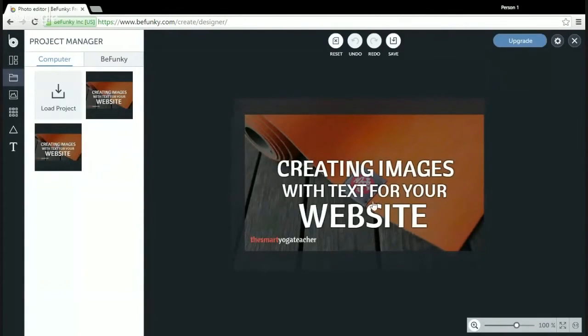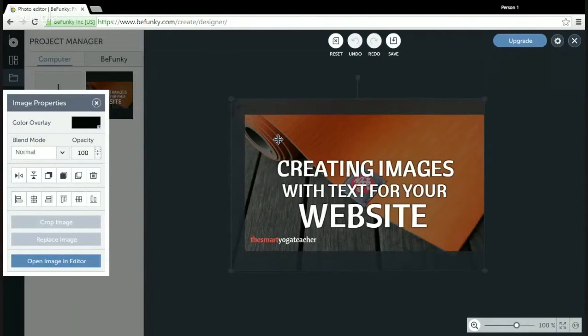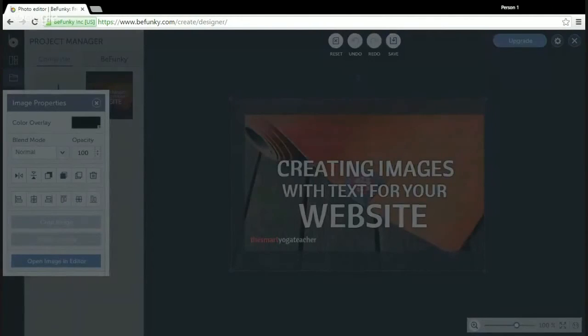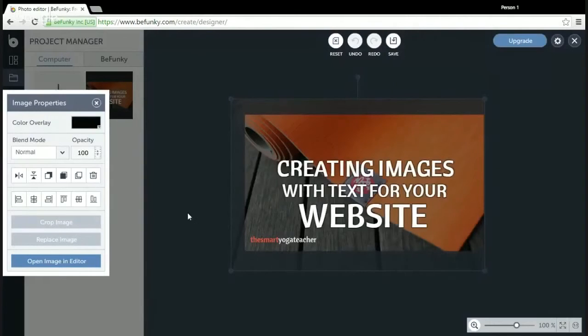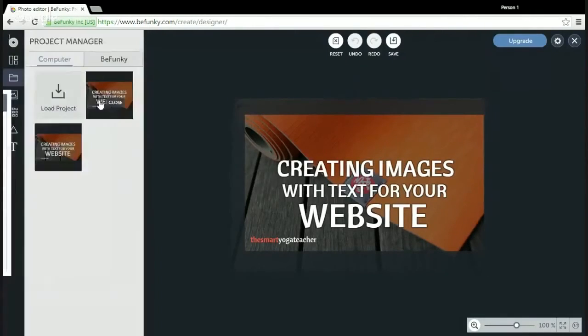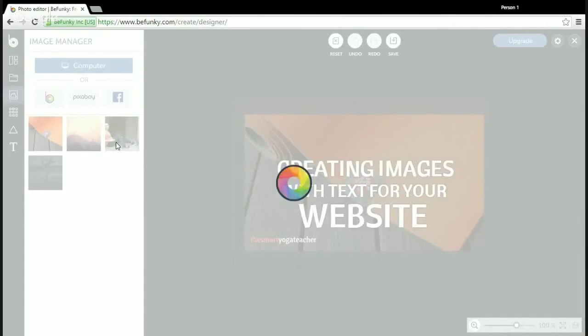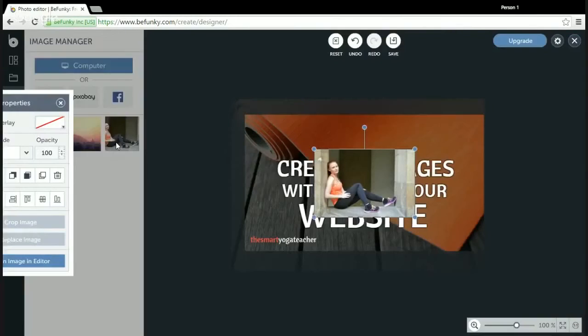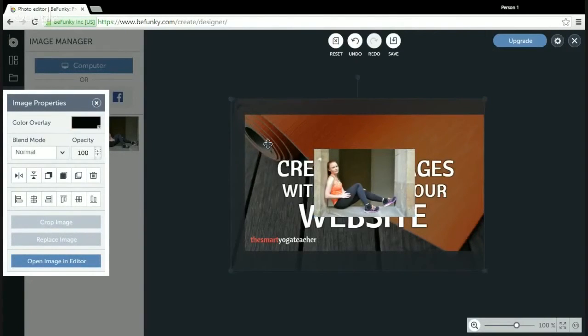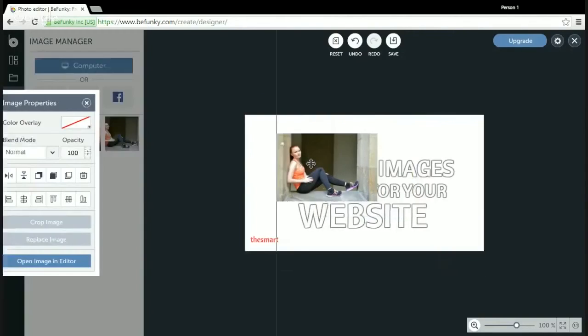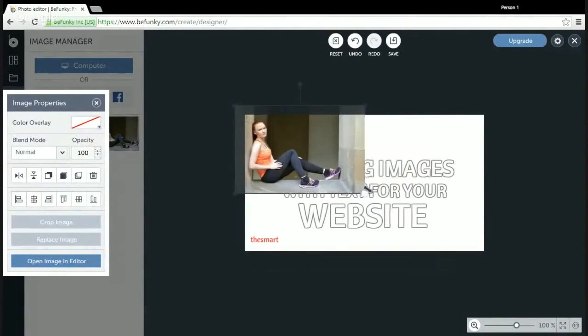And we've got that old template, the same template that we used before, but if I needed to change something, I don't have to do all of that work over again. So if I just wanted to change the background and the text, I can replace the image. I can go back, I can either upload one or I can go to our image manager. And I can delete this one, put this one in here,